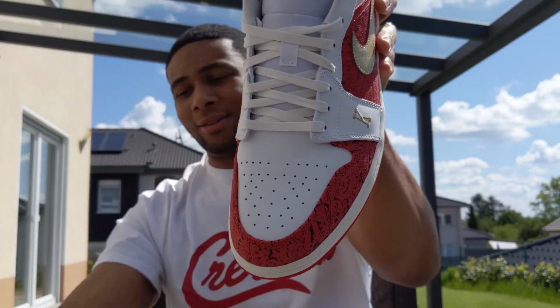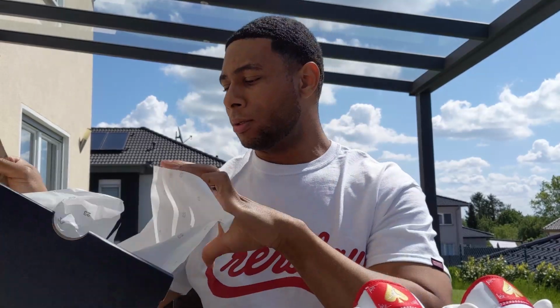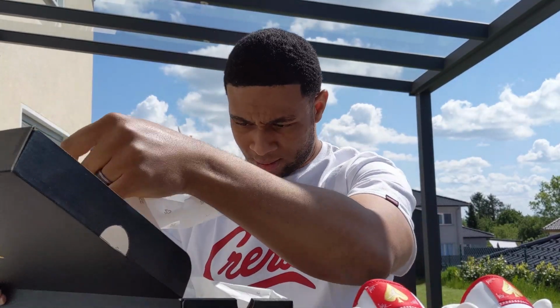But yeah, these are super hard, man. I like the white laces. They don't come with any other laces. Let's just double check. They don't come with any other laces, but I'm gonna have to hit up my boy Rep Milwaukee 414, because I think some gold laces would be fire in these. I know a while back he was selling gold laces for